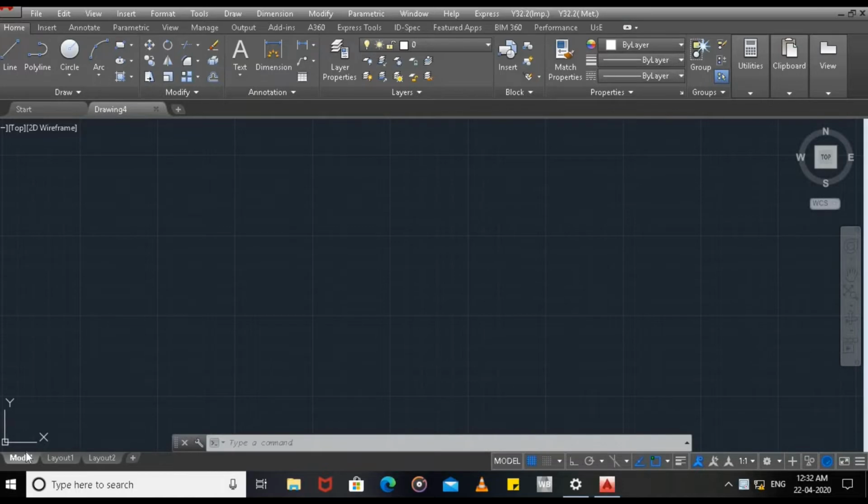Hello friends, today we are going to learn how to set limits, then how to set units in AutoCAD. We are also seeing how this drawing limits will affect our printing area. So first go to format